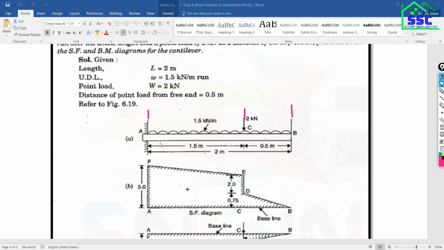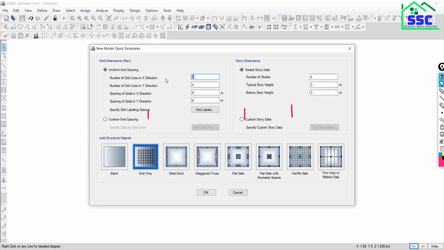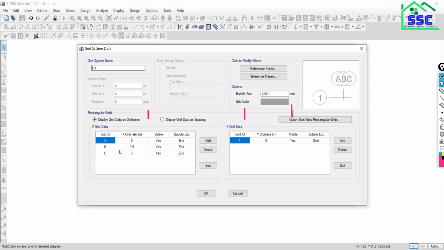In the y direction there will be no extra grid, so we will put 1. In the x direction there are 3 grids, in the y direction only 1 grid, and for the spacing in the x direction put any value, because we have to go with the custom grid spacing option. Spacing in the y direction, put 1. Custom grid spacing, edit grid.